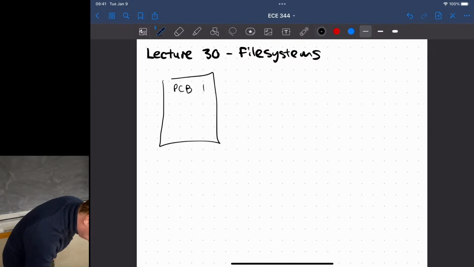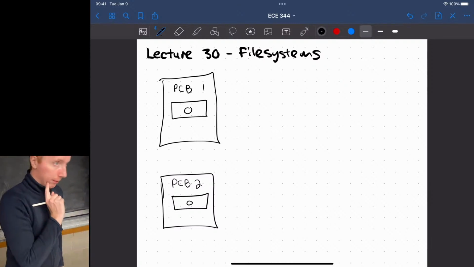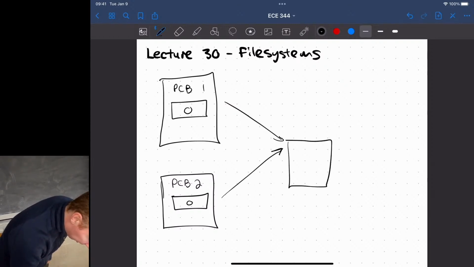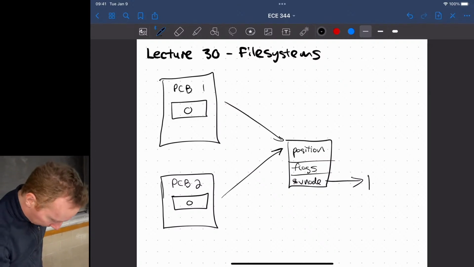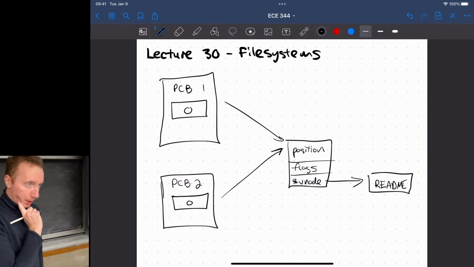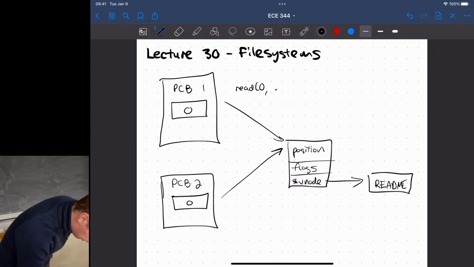So we have process control block for process 1. It has file descriptor 0, and then process control block 2 is a fork of that, which has file descriptor 0. They would both point to the same entry that has a position, flags, and then that vnode. The vnode could represent some file called readme or something like that. So now, if this process does a read call, and this process does a read call,